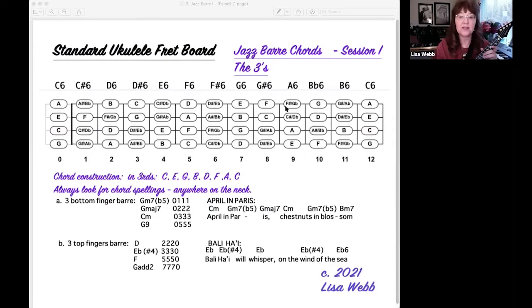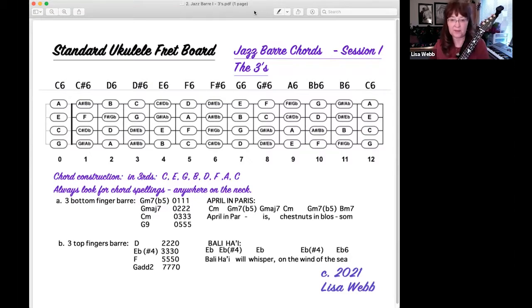So that was my first handout with just the little 2-note bar chords. So let's go on to the next one, which involves fingering 3 strings. And I've got, just so it's familiar to you, the same fretboard up there so that you can see the notes that we're looking at. And these start to be some really cool chords, some of my favorites. The first one, if you bar the 3 bottom ones,